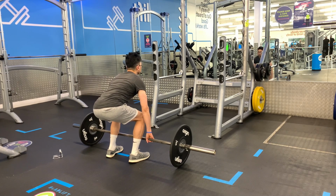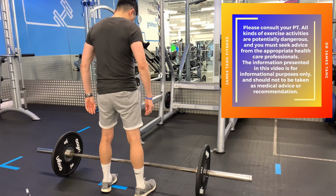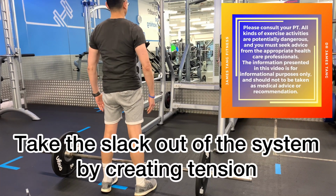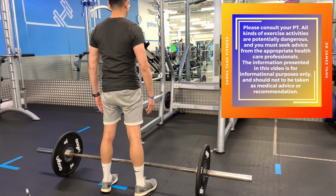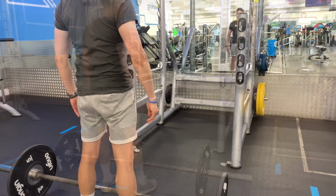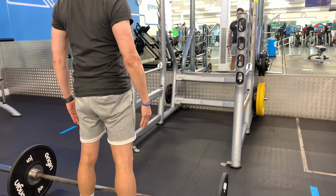One of the mistakes people make is to bend over, establish their grip, and then try to organize the spine and put the hips in a good position. To execute the deadlift correctly, you have to take all the slack out of the system by creating as much tension as possible prior to lifting the weight off the ground. The more tension you create, the more force you can apply to the movement and the less likely you will get